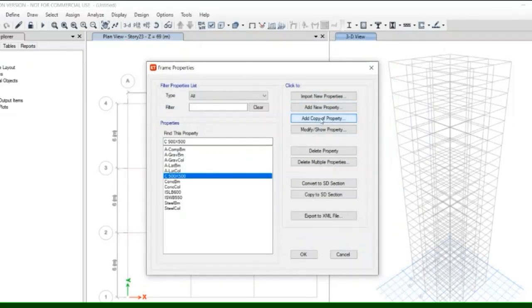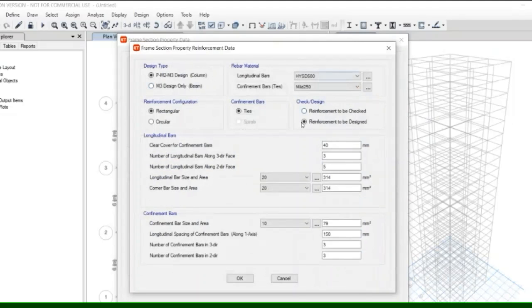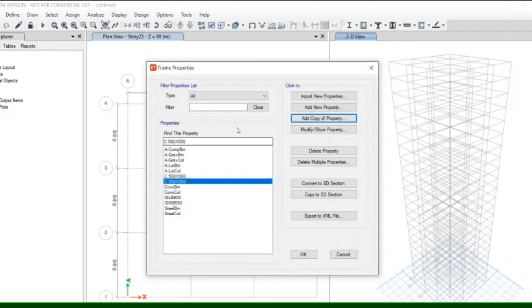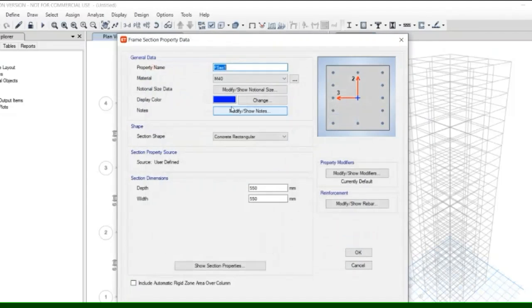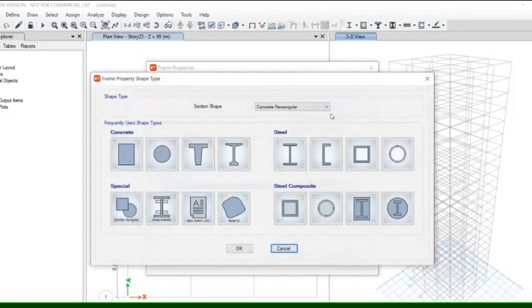Again add a copy, give the property name column 550 by 550, with depth and width 550 by 550. Modify, show rebar, same. OK, OK. Again for the column size 600 by 600. All done. OK, OK.